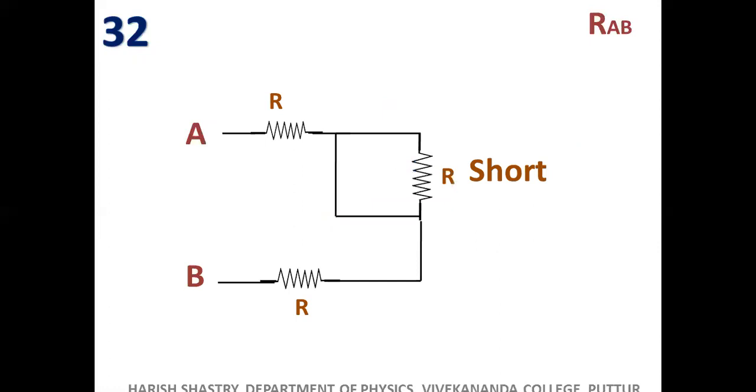Okay. 32nd one. Again, you see, which is short here. This is short, right? The two ends of the same resistor are connected by a wire. This is a short, and the remaining is only this much. So what is the remaining resistance? This one and this one. Between A and B, they are not in parallel because these two ends are not connected. So now you replace this one as a short. It is only this much.